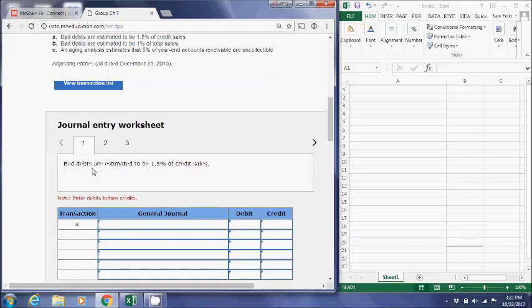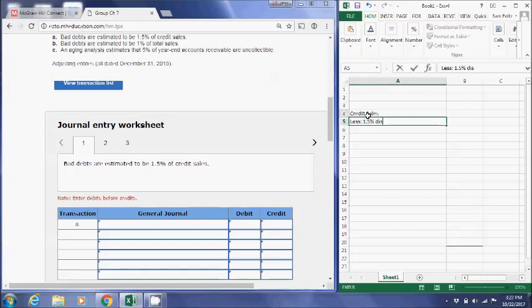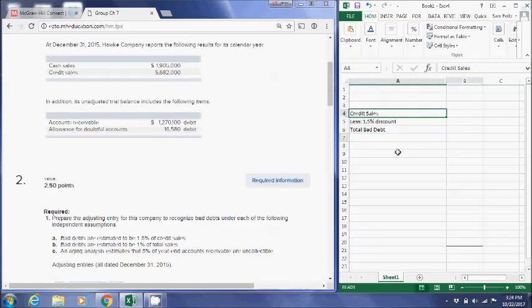So we want to first estimate bad debt as a percentage of credit sales. So that's the first way. We want to take it as a percentage of credit sales, and it says let's take it at 1.5%. Well, that should mean that I need to take credit sales less a 1.5% discount for the total bad debt. That's what it's asking us to do. So if we take credit sales of $5,682,000 times 0.015 and we do the math,